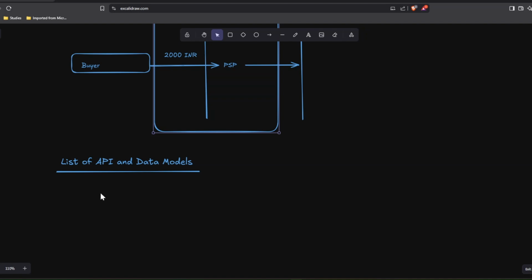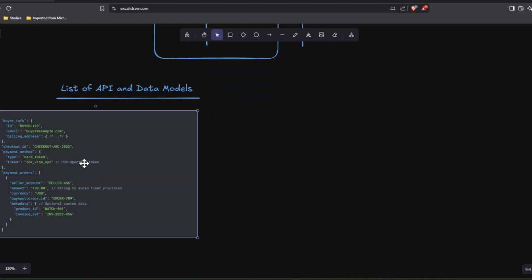Okay. So the first and foremost API that we are going to need is for performing the payment. It can be as simple as when the user presses the complete payment button after entering all the information, then there will be something like a slash payment POST API. So this is going to be a POST API, and this is going to be something like slash payment. And what it is going to have is,